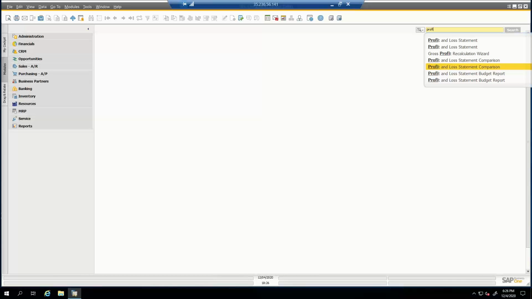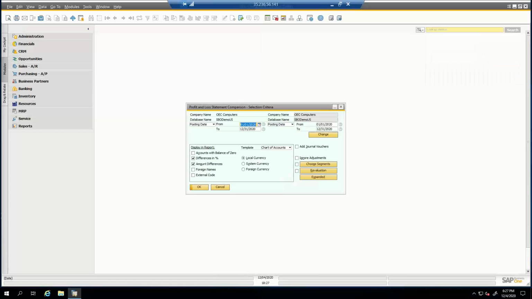So if you're looking to compare between this year and last year before you close, and make sure there are no issues and review any significant changes, you could do that. So I can run it from 1/1/20 to, let's say we haven't closed the year, we're just in 12/4, so I can run it until today or run it until 11/30, and then I can do the same for what I want to compare. So I can compare 1/1/19 until